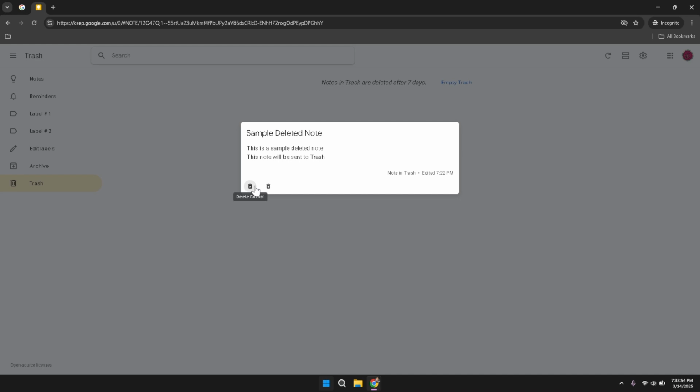Choosing to delete a note forever will remove it permanently from Google Keep, ensuring that it cannot be recovered. On the other hand, restoring a note will move it back to your active notes section, allowing you to continue working with it as needed. These options provide you with control over your data, ensuring that you can manage your notes according to your preferences